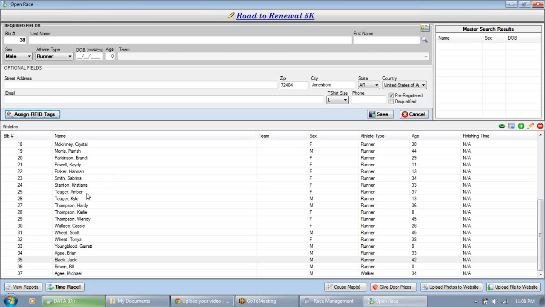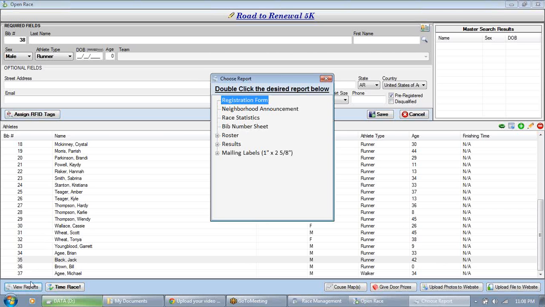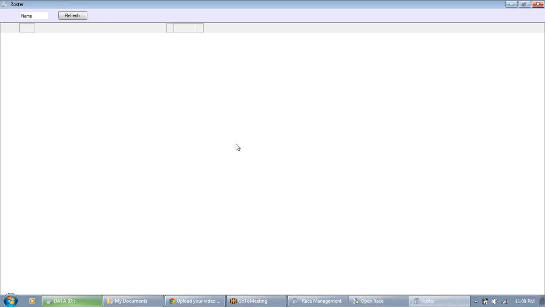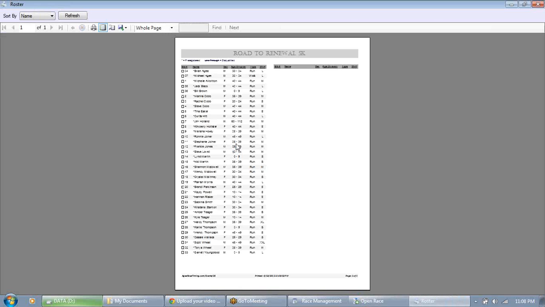One thing I do is after the last person is registered, I like to go ahead and print off the roster. I print this off real fast, and then I have it sitting on my desk because, as you saw in the pre-race day video on my YouTube channel, I print off the bib number capture sheet, and I also like to print off a full roster that has everyone on it, because if all the electronic equipment goes down,